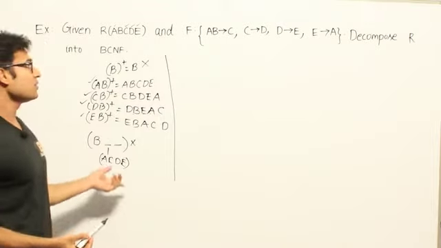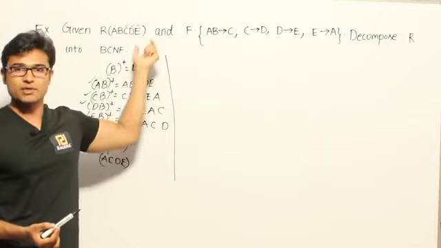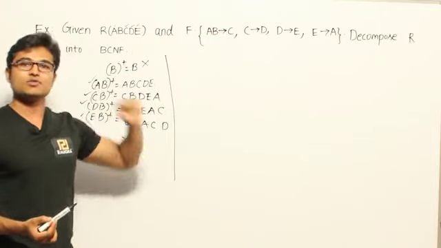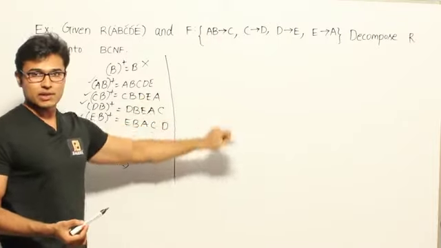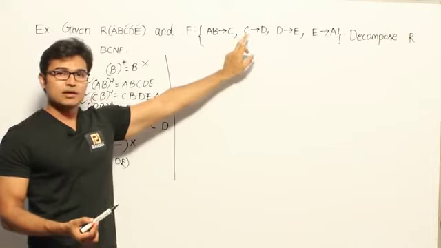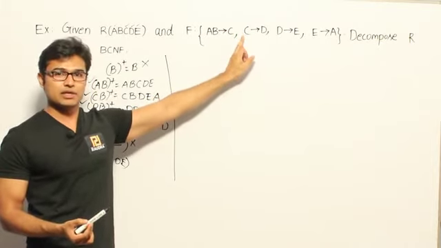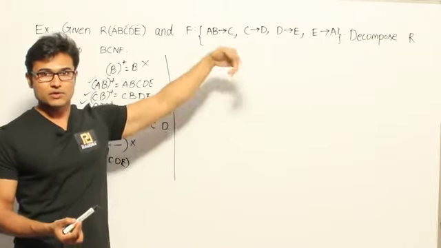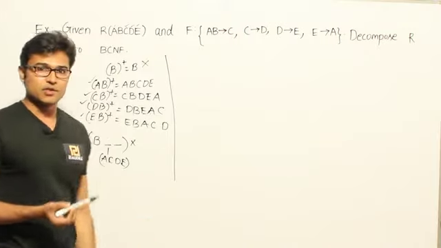Now how to find it out? Find out all the functional dependencies which are holding on the table and see that for every such functional dependency the left side is a super key. Now if you observe this, AB, the left side is a super key. Now what about this? C determines D, the left side is not a super key. Got it? It is just a prime attribute, not a super key. So what should we do? We should decompose the table in such a way that the left side should become the super key.